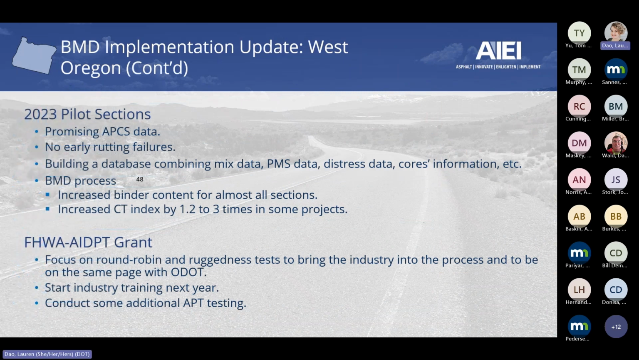Some of the observations are that they see an increase in the binder content, okay? And their CT index increased by about 1.23 times. Now, I wanted to just pause a moment here about the increase in the binder content, because increasing the binder content is always anticipated to give you better cracking resistance. Now, this is true starting with a dry mix, right? But if you already have a decent, I don't want to say rich, but enough binder,